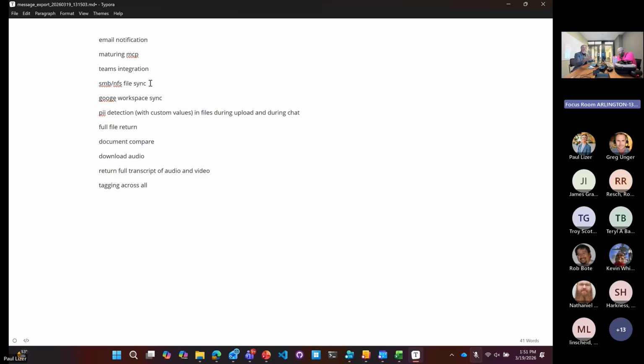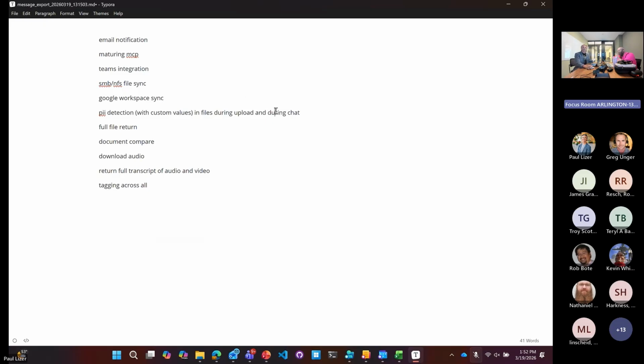We're also looking at file syncing, SMB shares, and NFS shares that are on-prem. So you can have that sync in your workspace, connect it to an SMB share that you have access to based on your permissions, and it'll sync in. You can even assign it tags and stuff like that. So that's something we may be sharing at the next community call, as well as integrating with Google Workspace. So imagine if you are using Google Workspace, you can sync that data as well in your workspace in Simple Chat, either for Teams or personal workspaces, or even the public ones.